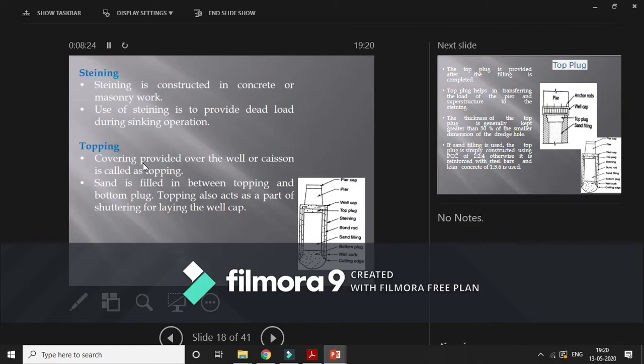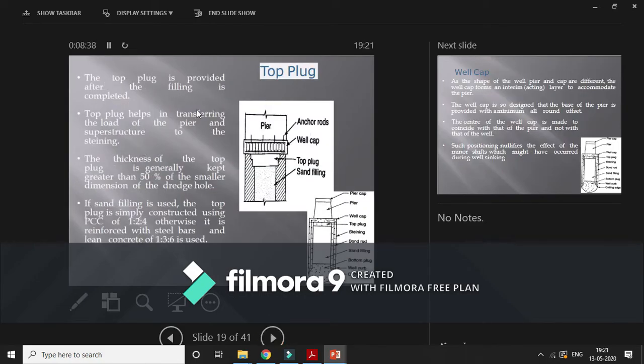The top plug. The covering provided over the well or caisson is called the top plug. Sand is filled in between the top plug and the bottom plug. The top plug also acts as part of the shuttering for laying the well cap. The top plug is provided after the filling is completed. It helps in transferring the load of the pier and the superstructure to the steining.